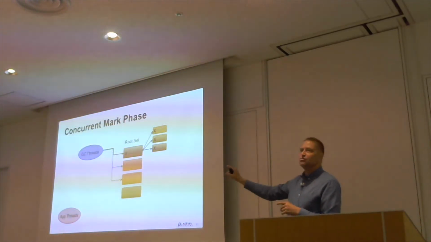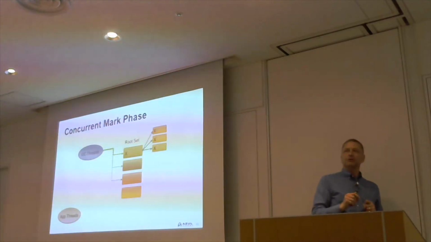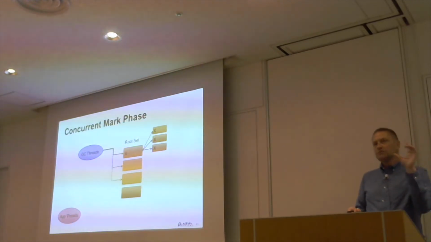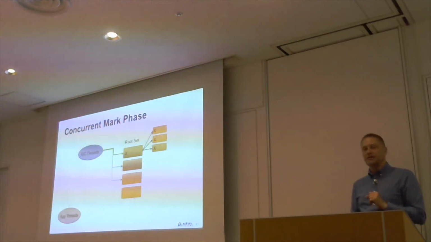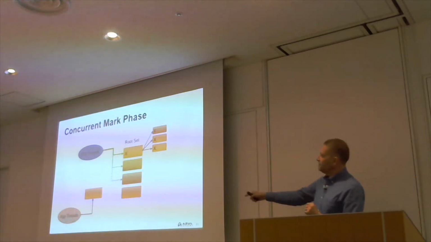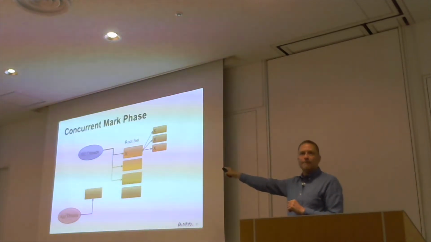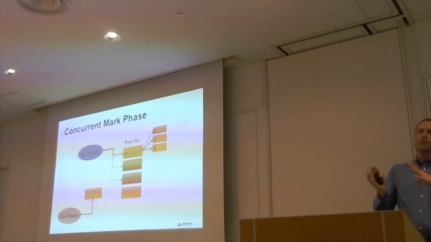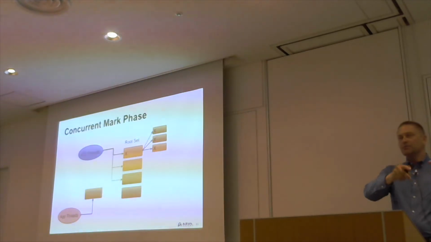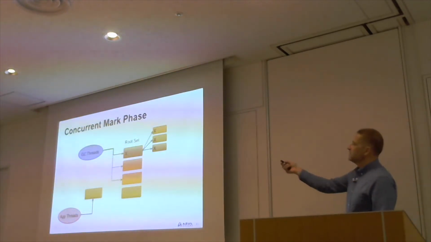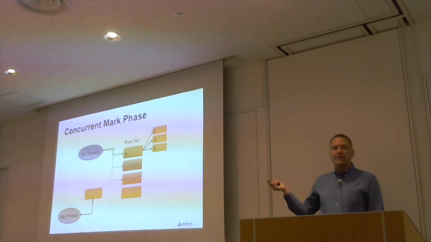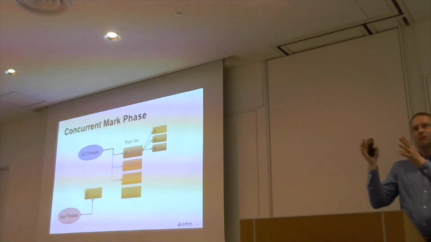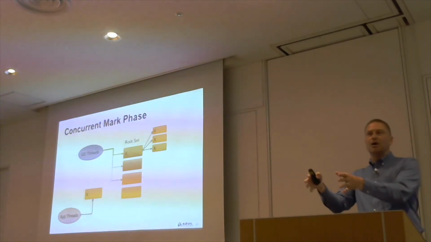But of course, your application is running at the same time, and your application may decide to reference an object. If it does, we're going to do this test and jump. We're going to look at the bit in the object, and we're going to say, is that object marked? And we go, no, it's not marked, so it needs to be marked. At that point, rather than giving it to the garbage collector and letting the garbage collector do it, because this is such a small thing to do, we let the application thread mark that object. So now the application has referenced that object, it's valid, it's been marked.